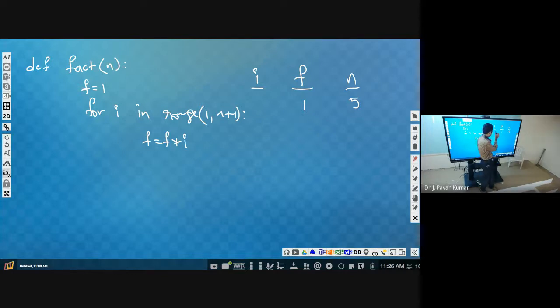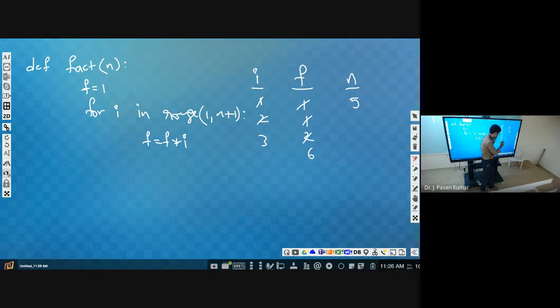So i value starts from 1. Now we will multiply this 1 with f and store it in f itself. Next we change i to 2, then multiply this i with f, and the result 2 will be stored in f itself.